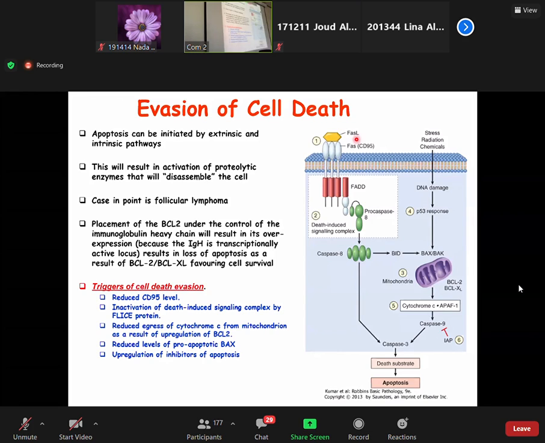When the two are going to join in, when the cell reaches a point that it has to die, what's going to happen is that the FAS-L will combine with the,